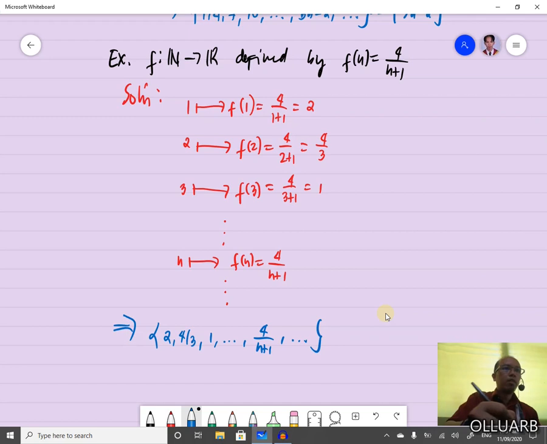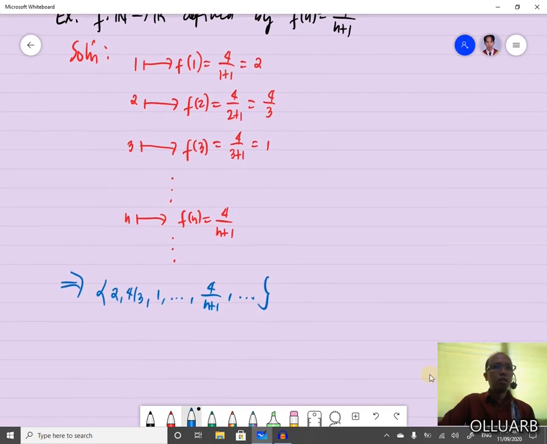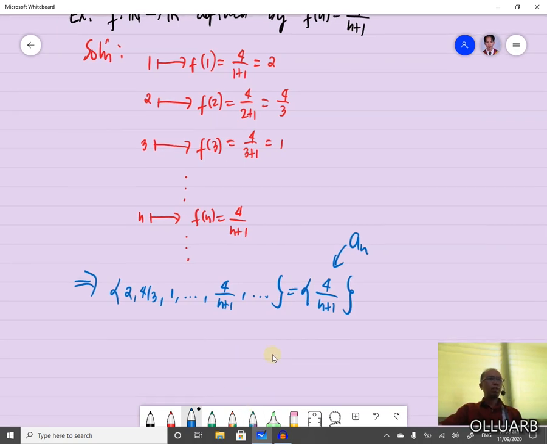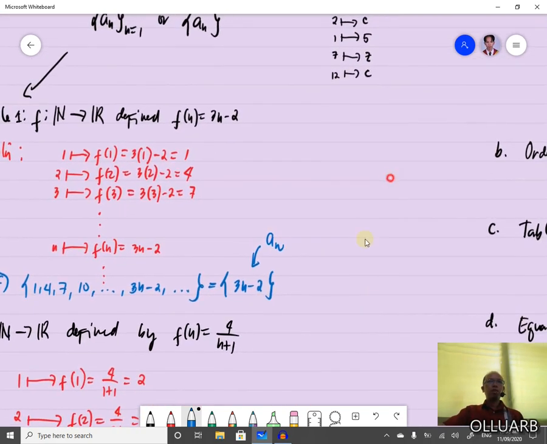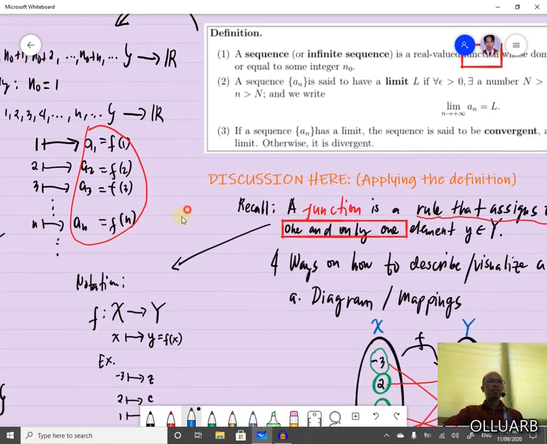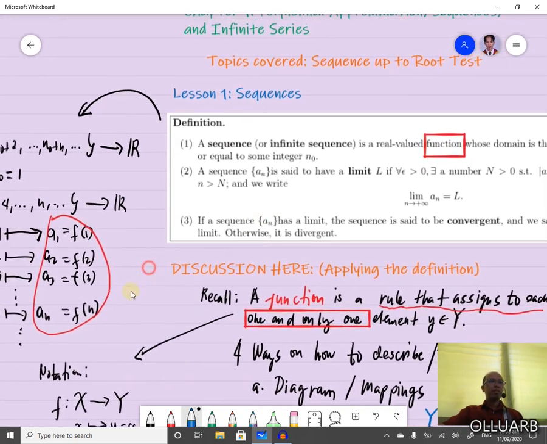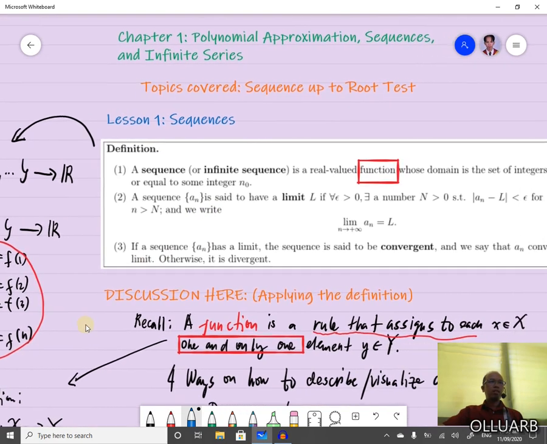Okay, you can write the first 5 elements of the sequence or first 4 elements of the sequence. If you have the shorthand notation, this is 4 over n plus 1, and this is our an. Okay, so I think that's clear, very clear now. Okay, so for the second definition,